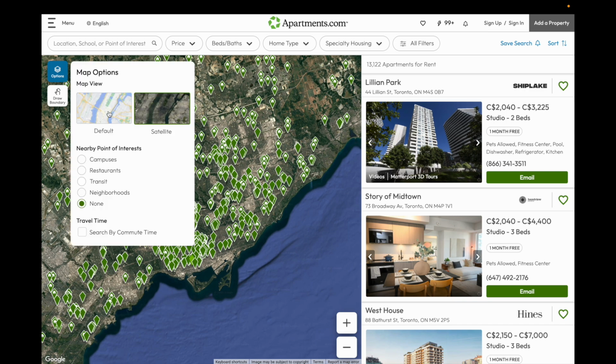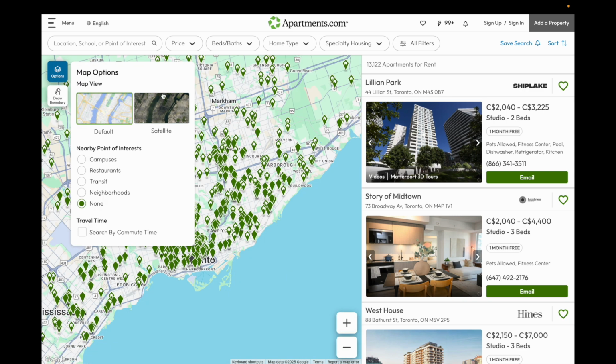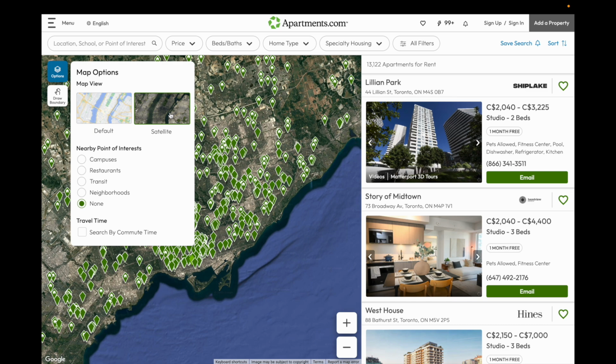And if you want to change it back to default, you can do it the exact same way. So very simple, very straightforward. This is how to, I guess, switch from default to satellite, or how to use satellite